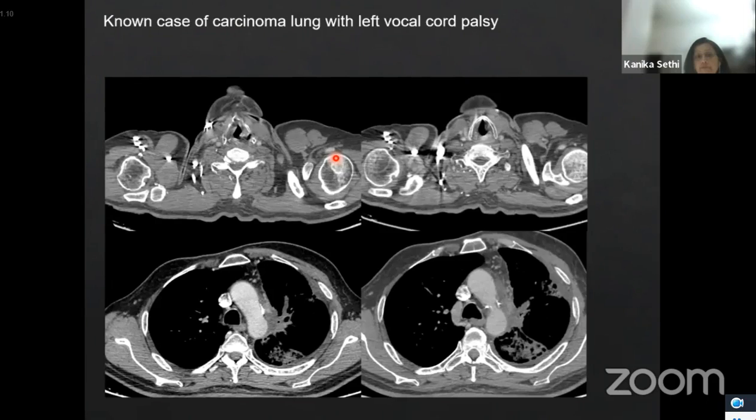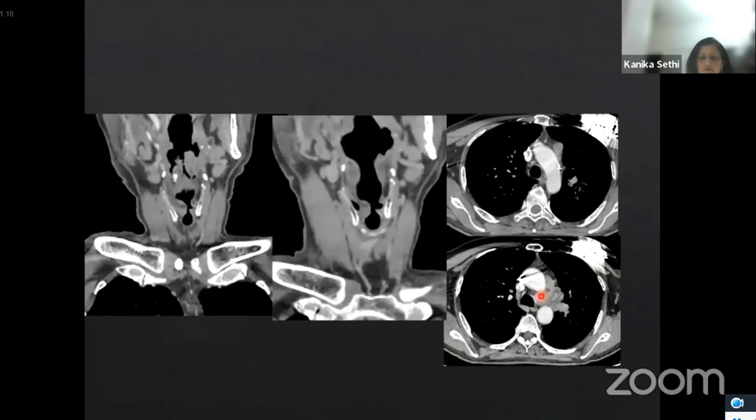After the mediastinal causes, you can see lung causes: left-sided vocal cord palsy with a mass in the lung with lymph nodes causing the palsy. If there is a mass or a node in the aortopulmonary window or around the aorta, that can involve the recurrent laryngeal nerve, that's what I told you. The left side is more commonly involved than the right side. Another case, a lung mass with nodes in the aortopulmonary window causing left-sided vocal cord palsy.